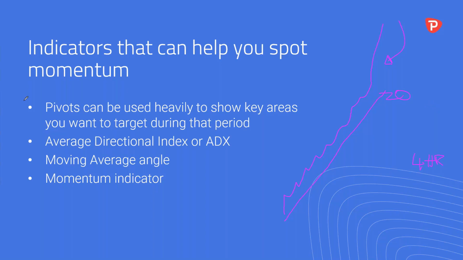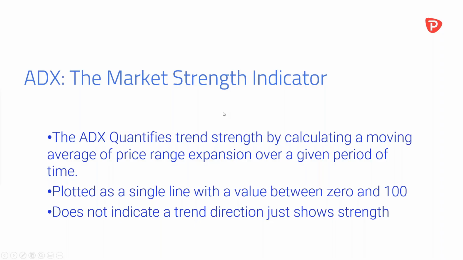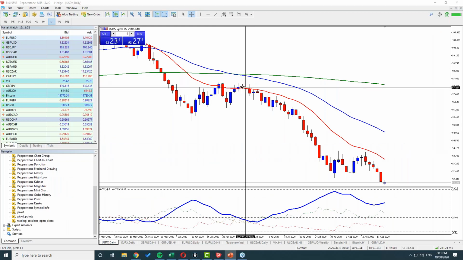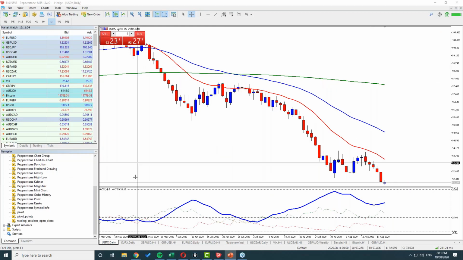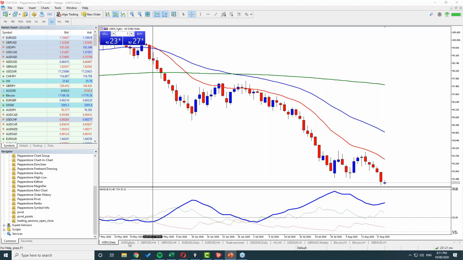Because a lot of people have trouble getting into a big swing up or swing down if they haven't got in at a good level. They're a little bit stuck as to how you get into that trade. Well, when you use a moving average like a 20 moving average on your chart, a pullback to that moving average is a very, very strong indicator to get back into that trend. But you want to make sure that the steepness of it is still representing how strong that trend is.